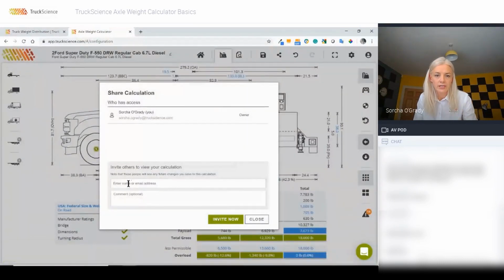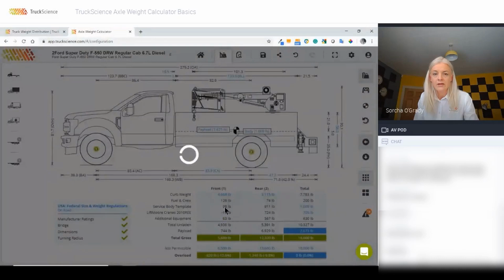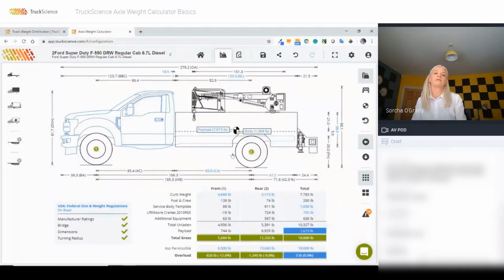Okay, now I'm ready to share it. So I'm just going to type here draftsman@mycompany.com and invite now. The draftsman at this point will receive an email inviting them to view the calculation, and they would, if they